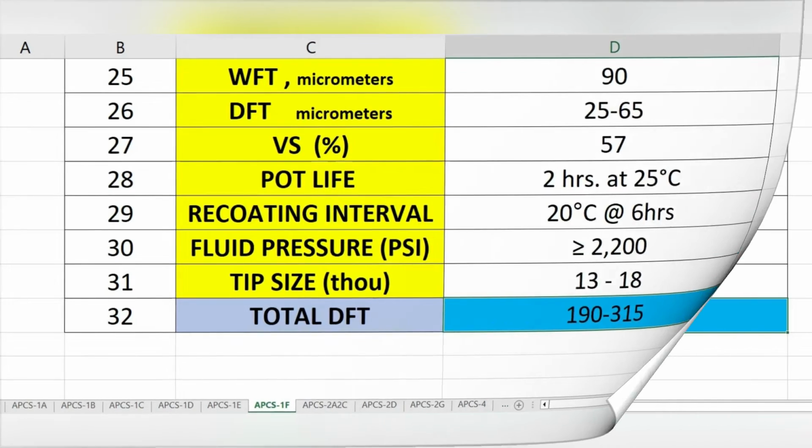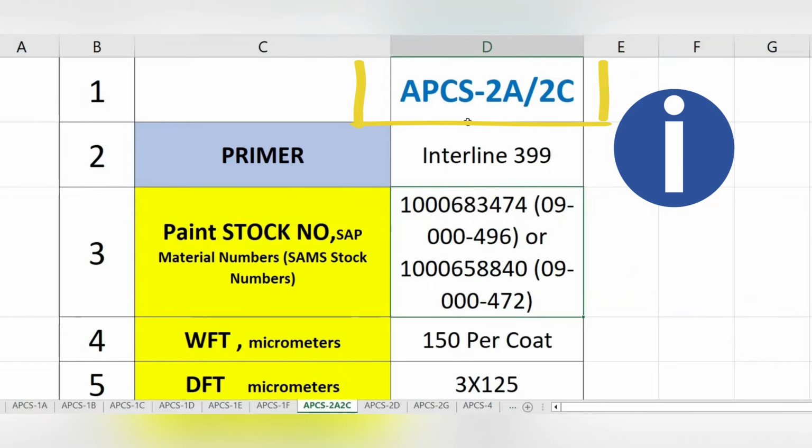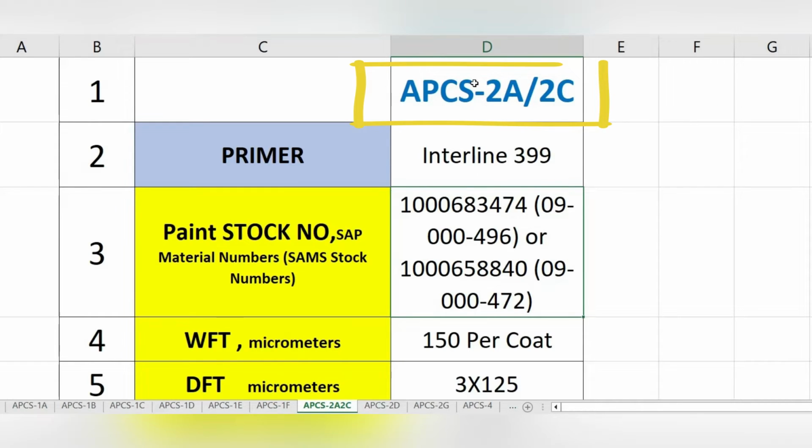Next paint system APCS 2A, 2C. Type of coating: phenolic epoxy coating system for immersion services, self-priming. Immersion services particularly for raw or treated waters and for GOSP traps and